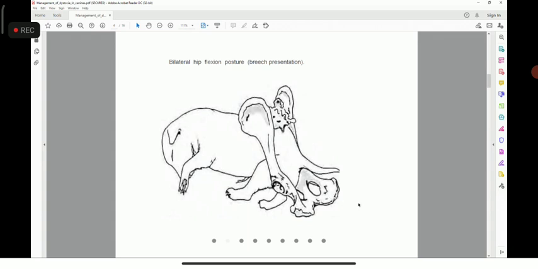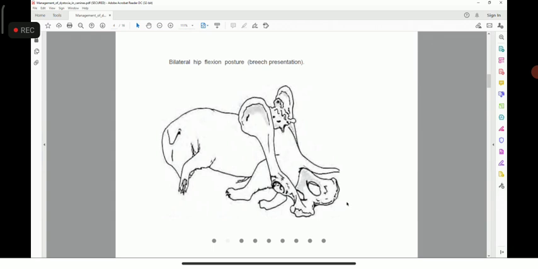The hind limbs should be pulled backward. What is this? See, these are going under the abdomen. Okay, so this is flexed, whereas these hind limbs should be extended. Okay, extended. Because if it is extended, the diameter will be reduced and the fetus will come out. But because it is flexed, now the diameter is much more. Now the hip bone is simply attached to this pelvic brim, and it cannot come out by natural force.